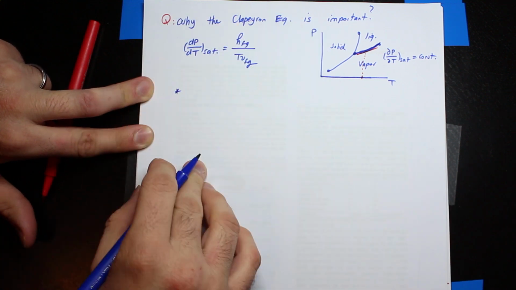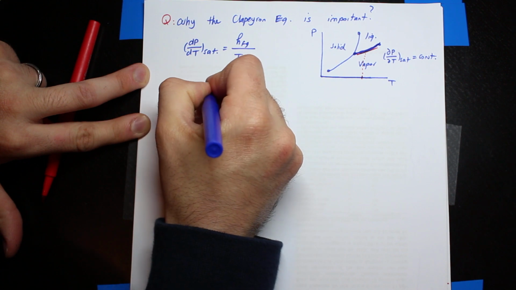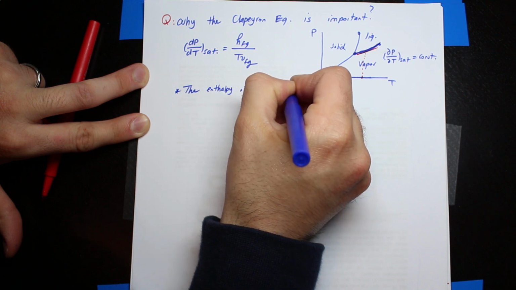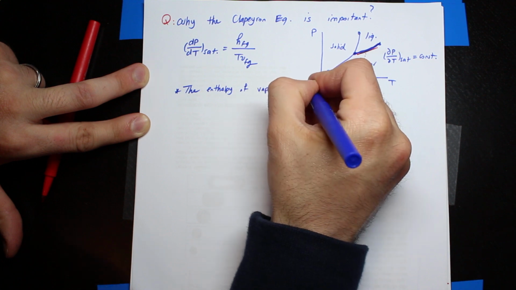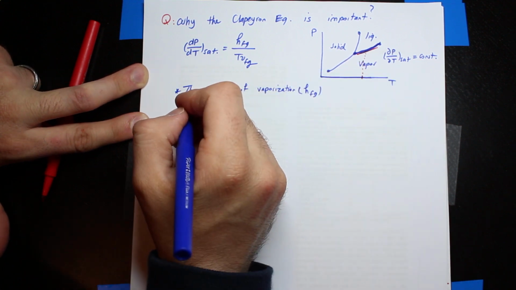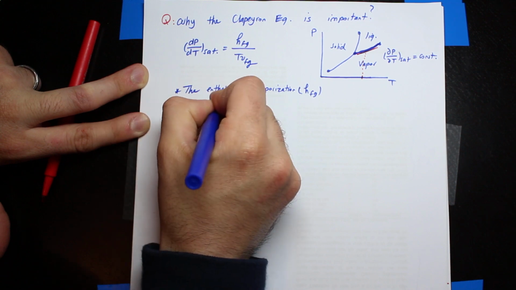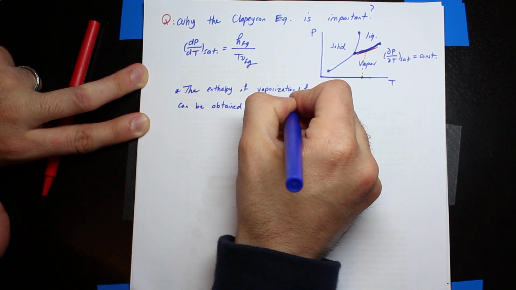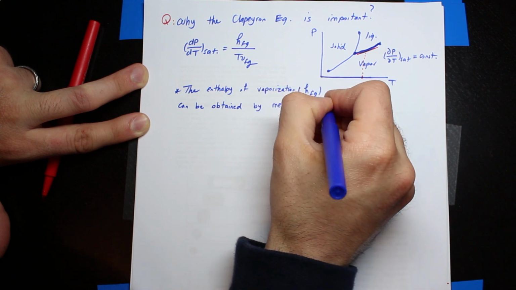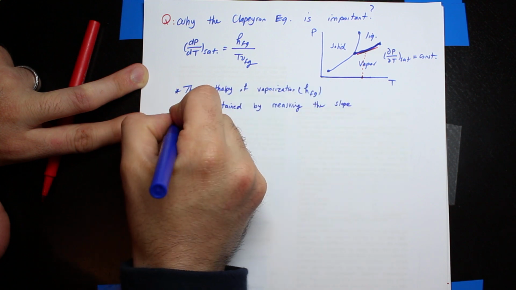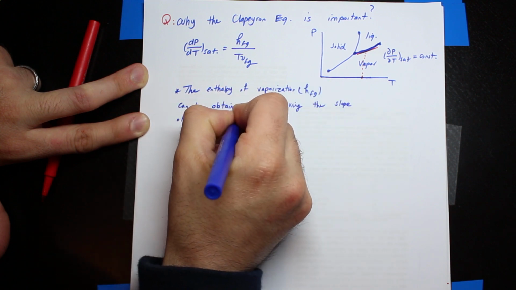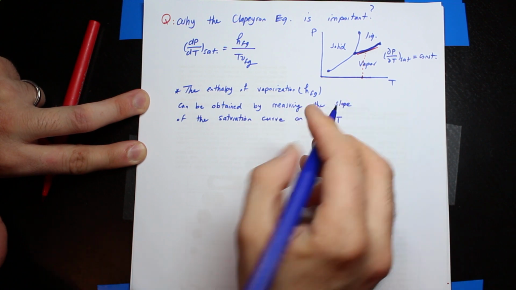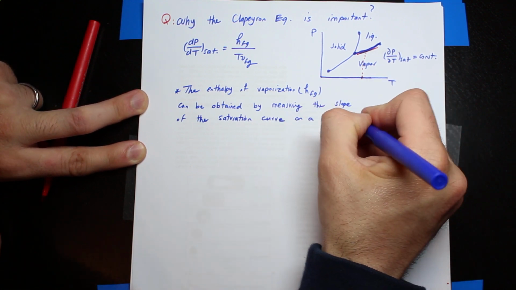So the answer to this question is the enthalpy of vaporization, basically HFG, can be obtained by measuring the slope of the saturation curve on a PT, pressure versus temperature diagram,